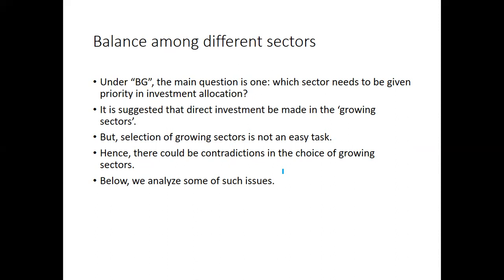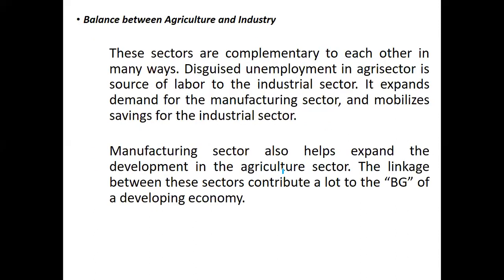So therefore, here we have to choose certain sectors for balanced growth rate to happen. So how do we select such sectors? To select such sectors, we need to analyze some issues. One is there should be a balance between agriculture and industry. These two sectors, we know they are complementary to each other in many ways,